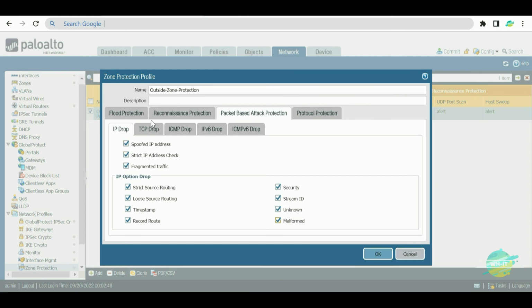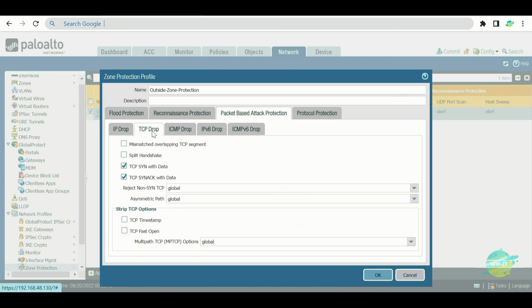Now let's move to a different option, which is TCP drop. In TCP drop, we see the mismatch overlapping TCP segment. This basically happens when an attacker would like to attack you as a man in the middle, right? So what happens in mismatch overlapping TCP segment, let's say there is a firewall and there is one user